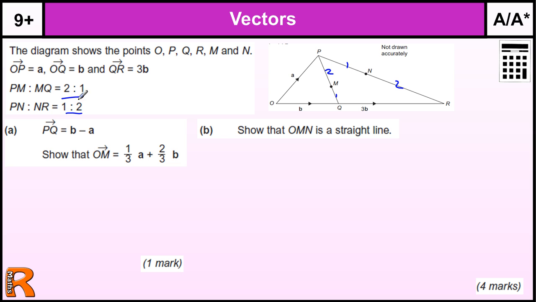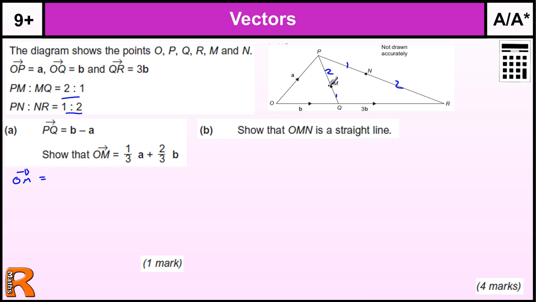Now, in the first part, we're told PQ is B minus A, which we should know anyway. P to Q, we've got to go minus A and then plus B, and we write that more neatly as B minus A. We've got to show that OM equals that. So, O to M